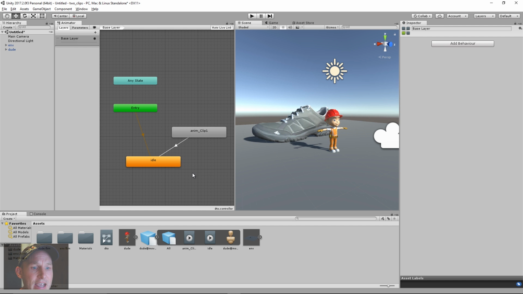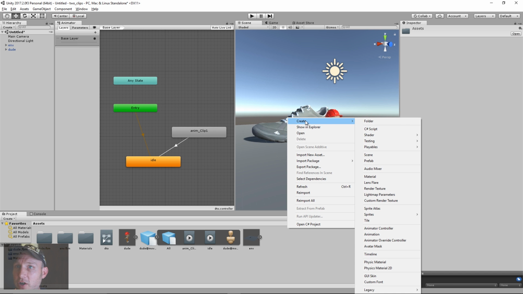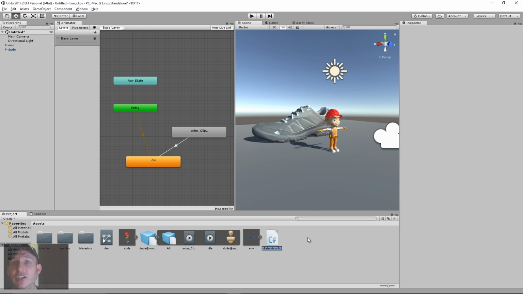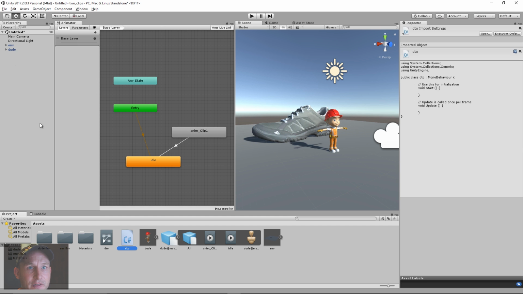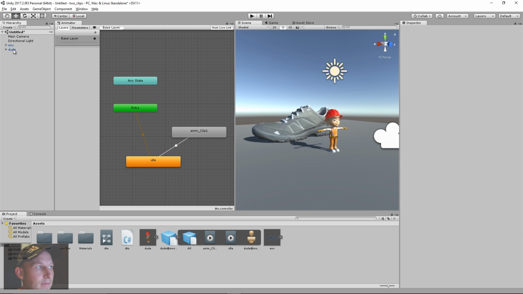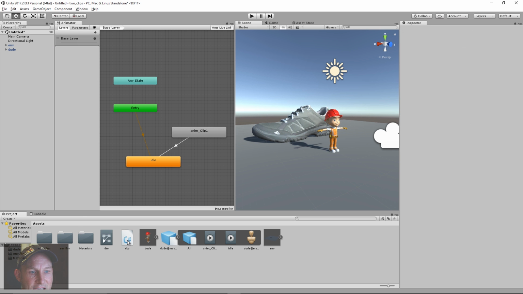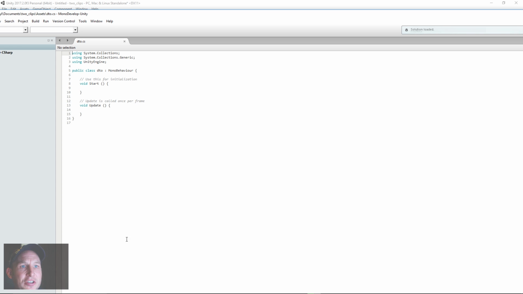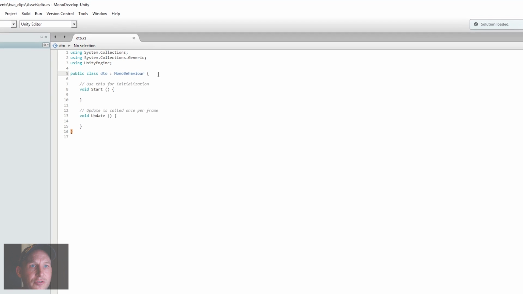So now that we've done that, the next thing that we need to do is get a little C# script in here to add in the code to trigger the keyboard event. So we'll just create a new C# script, and we'll call it DTO, and we'll drag and drop that guy also onto our character here. So now if we highlight our guy here, you can see that this script is going to also be associated with that, and we just need to add into this guy a little bit of code. It's not too much. So the first thing we're going to do is create a new public